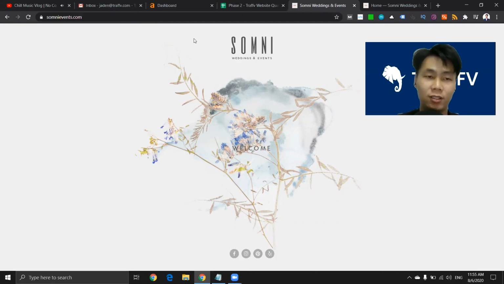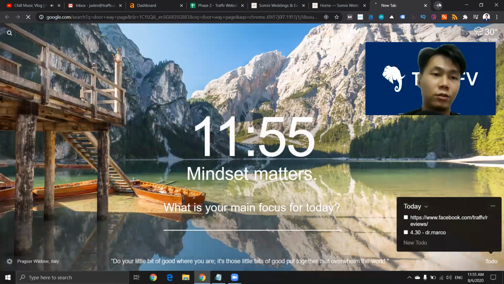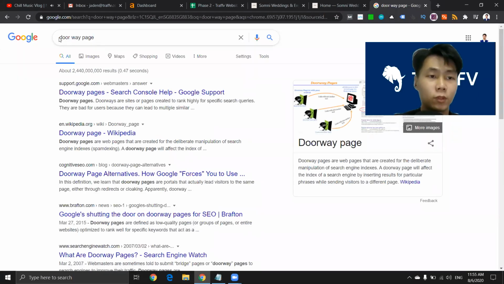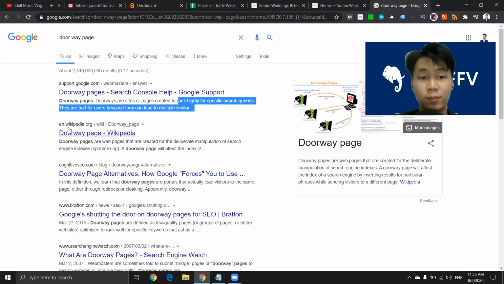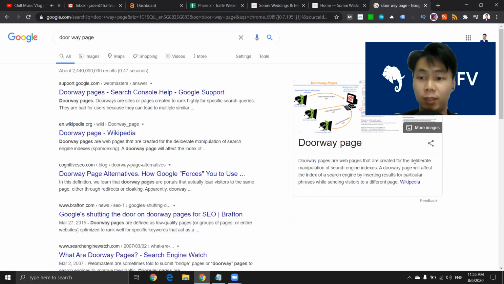A doorway page is essentially a page created to rank for specific phrases. They are bad for users because they can lead to multiple similar pages. A doorway page will affect the index for particular phrases while sending visitors to a different page. So essentially, what this page does,